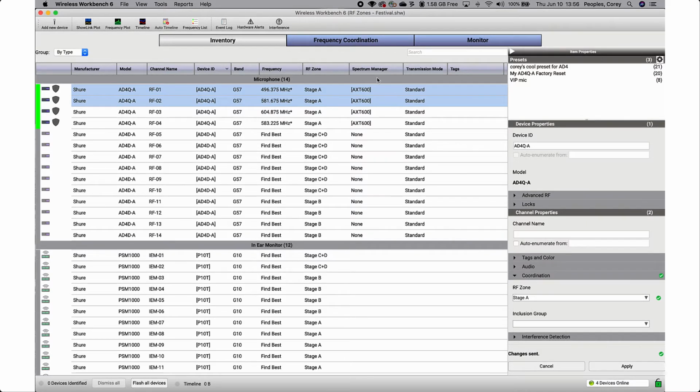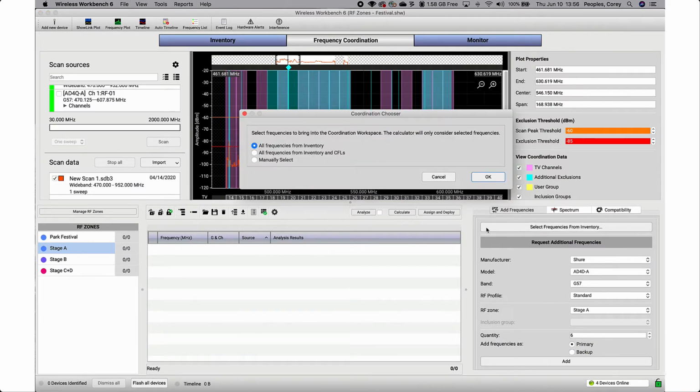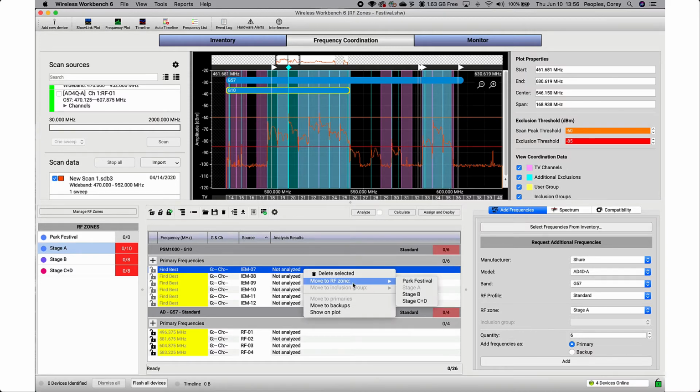In the Frequency Coordination tab, you can see the RF zones list. You can bring in devices from the inventory, which will populate the coordination workspace table with frequency requests for the respective zones. If you want to add backup or virtual frequency requests, you can select the type and quantity and choose the appropriate zone. If you've added a frequency to the wrong RF zone, right-click on it to move to